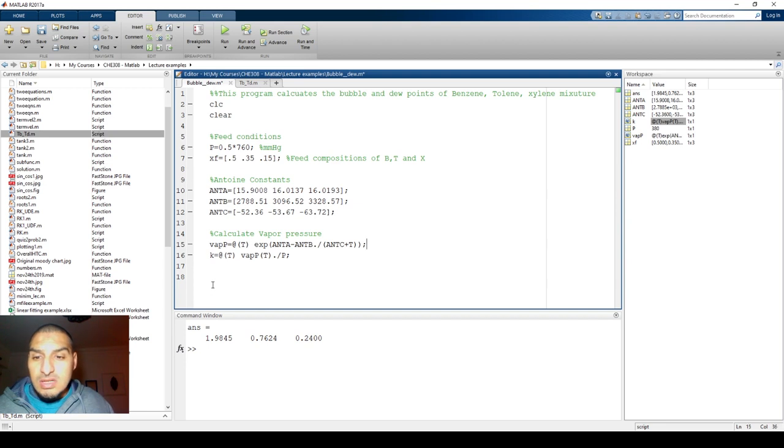So this is calculating the vapor pressure and K's, and I already did that. Then I want to calculate the X and Y's. To calculate the X and Y's, you need to use the equation. I'm going to calculate X for the dew point and Y for the bubble point. So I would call it YY